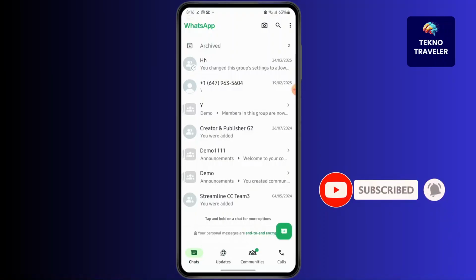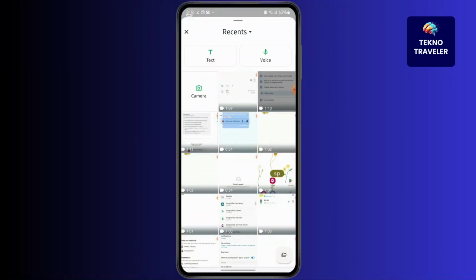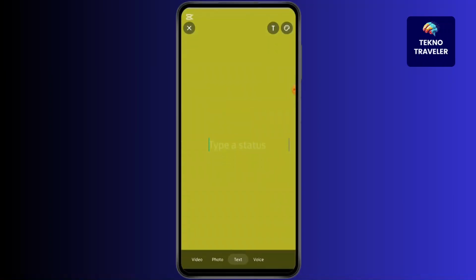First, launch your WhatsApp application. Now, go to updates. After that, go to my status. Here you can see only two options, that is text or voice. Simply go to text